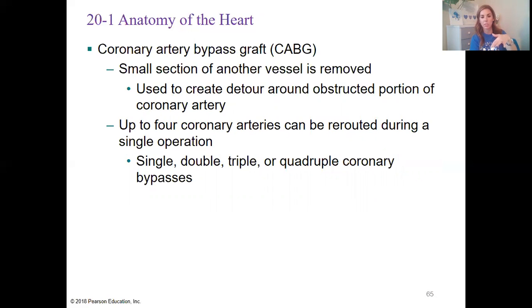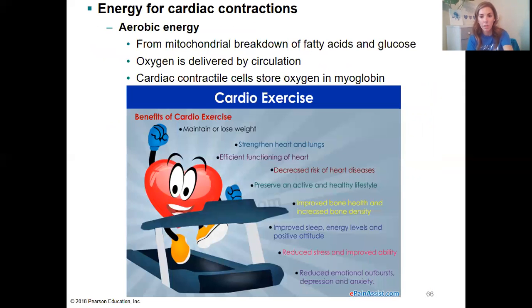So it's basically just a detour. You can do up to 4 of these. That's why there are different surgeries that will be labeled double bypass or quadruple bypass. Really just depends upon how bad the circulatory system is inside of that patient's heart as to what they are going to need. So in being proactive, of course, let's make sure that we do have a good cardiovascular exercise,